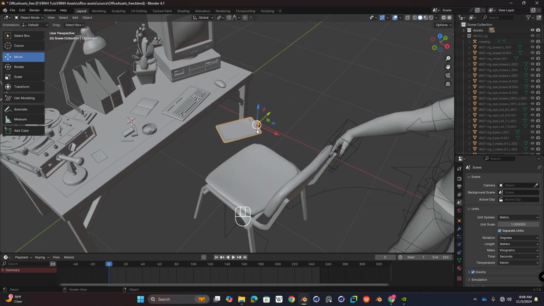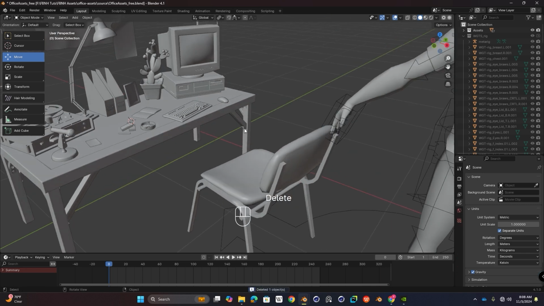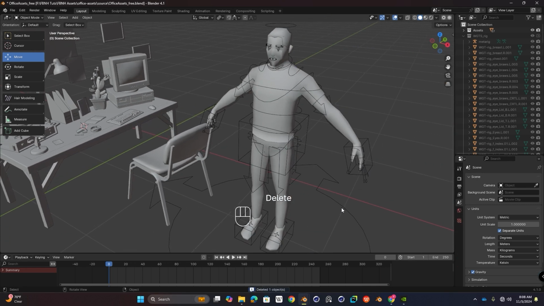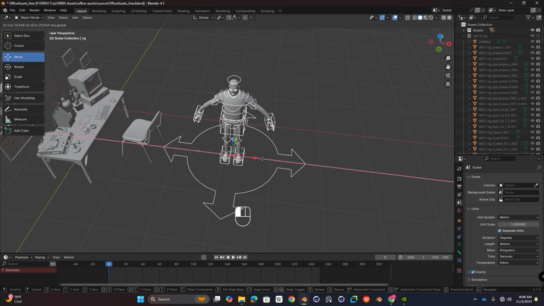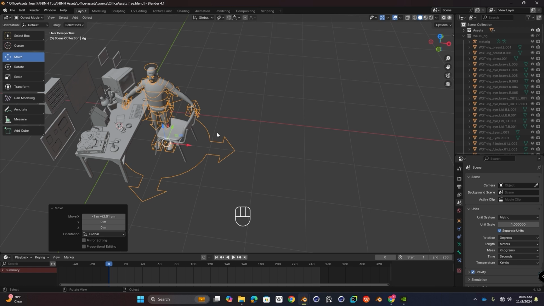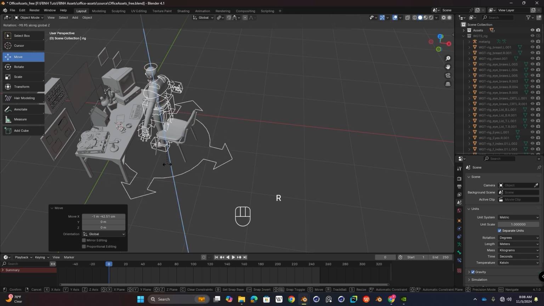Maybe I'll delete this one. I'm not interested in it. So to be able to move this character, I'll just select the controls and move it to wherever I want. So I'll rotate it RZ